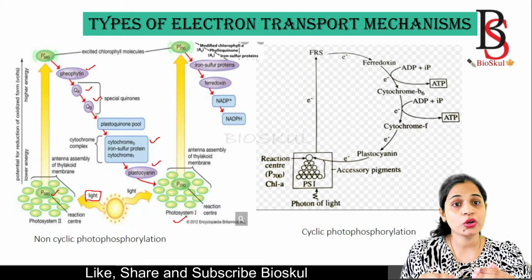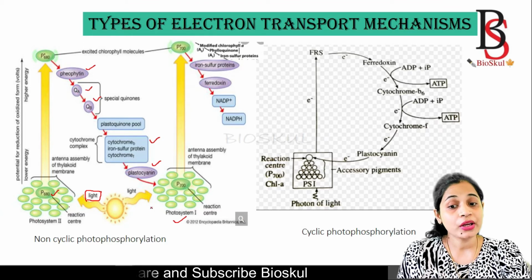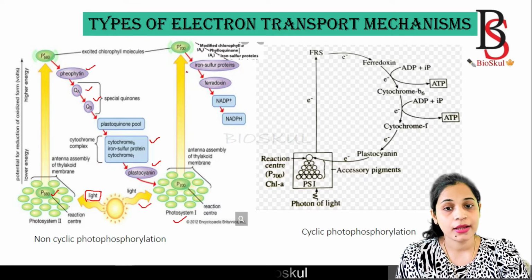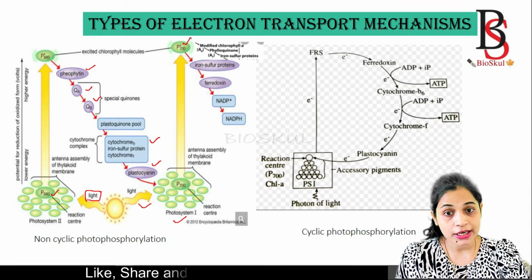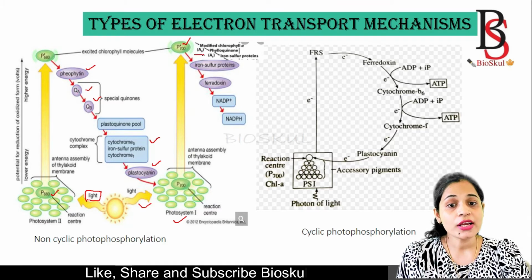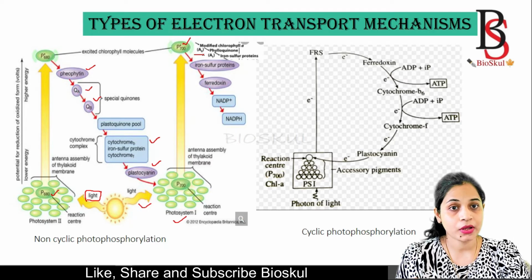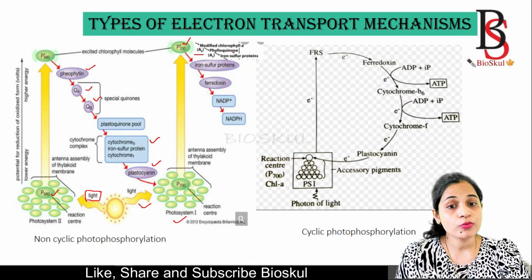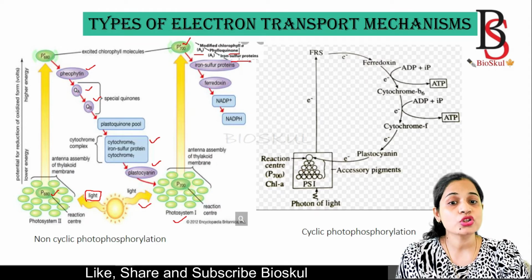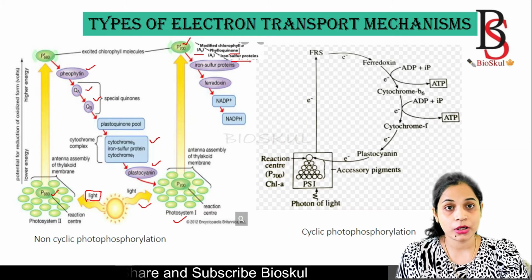But now the electron is in a low energy state, so it requires energy from the sunlight. After getting the sunlight, the electron gets excited. Now the P700 reaction center becomes excited, and the electron moves to the first component, A0, which is a modified chlorophyll a. Then from A0 it is moved to phylloquinone. Then from phylloquinone it moves to the iron sulfur proteins. There is a series of iron sulfur proteins, the first being iron sulfur protein X.